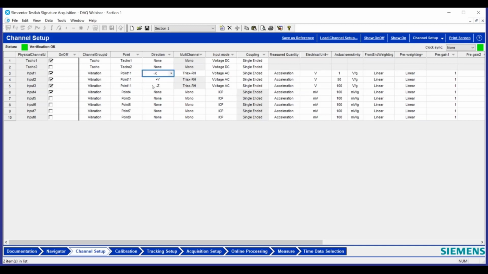So let's say we say this is negative X. When I go to the following channel, I no longer have X as an option, right? Because I've already selected it. So I have to choose one of the Y or Z directions, and depending on how my axes are oriented, it actually selects Z for me. I have no other option because based on the right-hand rule, if I have negative X and positive Y, then the other channel has to be in the negative Z direction according to the right-hand rule. So that's really helpful so that you don't have any animations for your mode shapes or your ODS measurements that are incorrect because of a mistake made in setting a direction.